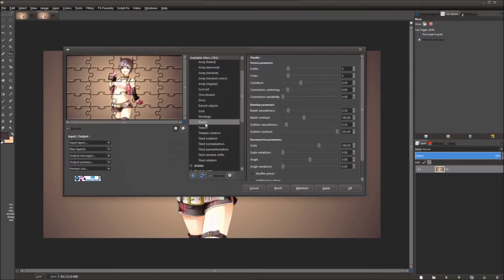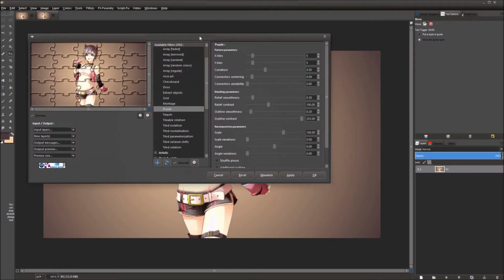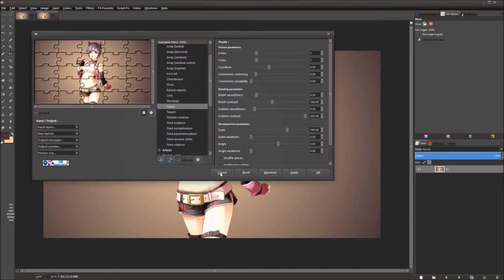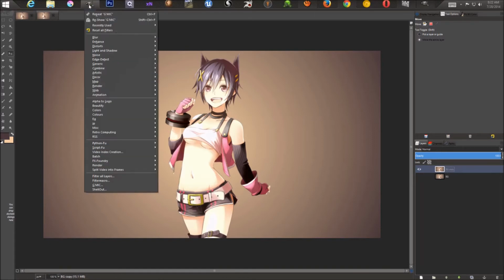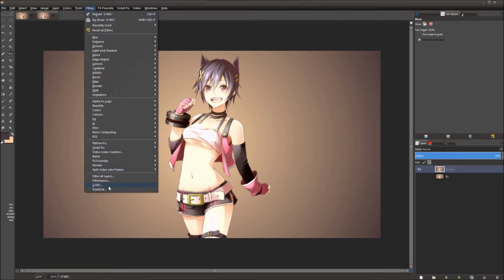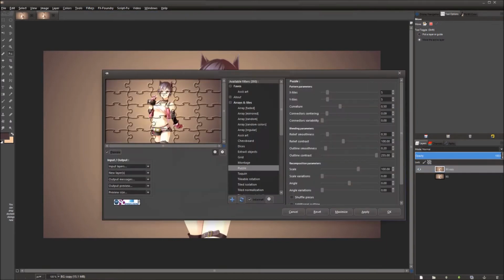We're going to work on this puzzle first, and I'm going to cancel this and press Control Shift D on my keyboard to duplicate that layer. Then go up here to filters, back into Gmix, and we're going to work on puzzle. The X tiles,